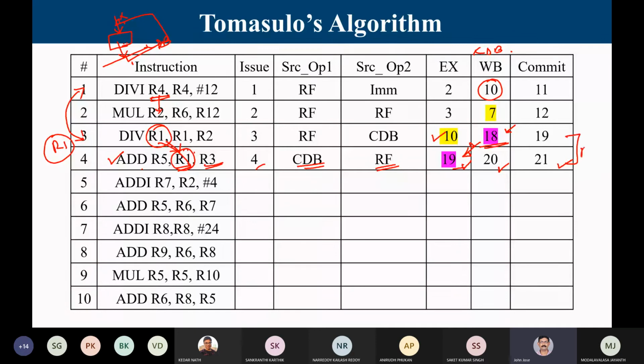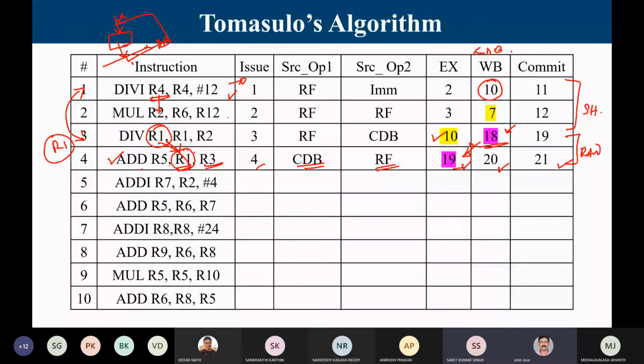The case of 3 and 4 is a RAW dependency, whereas 1 and 3 is a structural hazard. A structural hazard is resolved the moment the unit is free. So in clock cycle number 9, actually I am not doing any operation as far as the division unit is concerned. At the end of 9, the first division is over. At 10, I write the result, and at the same time, I get the value. Is the difference clear now? Yes, sir. Thank you. Okay. Any other doubt till 4? Till instruction 4?